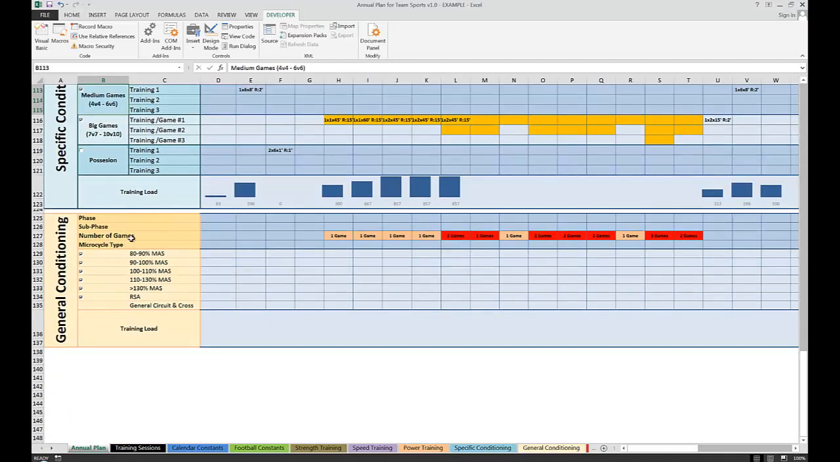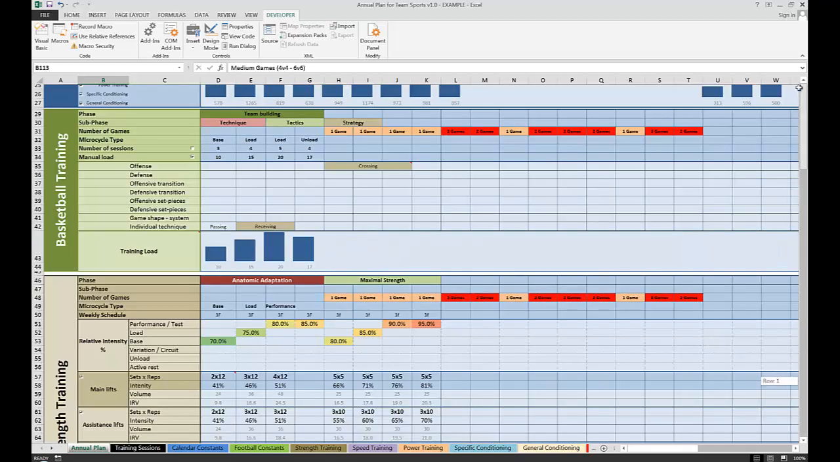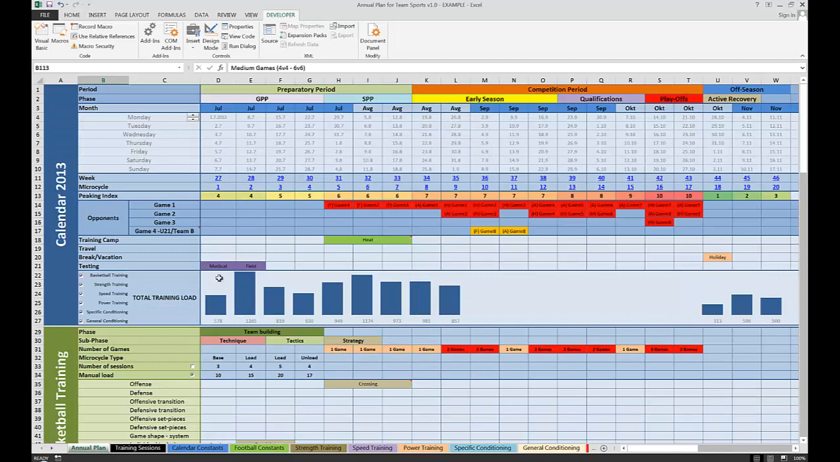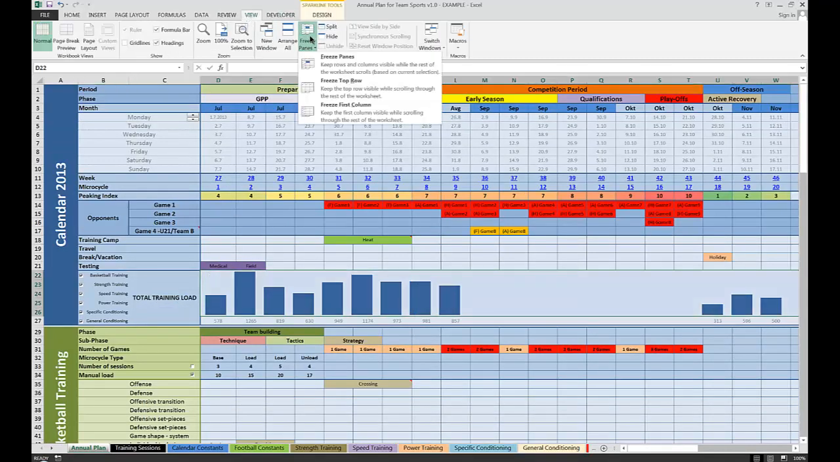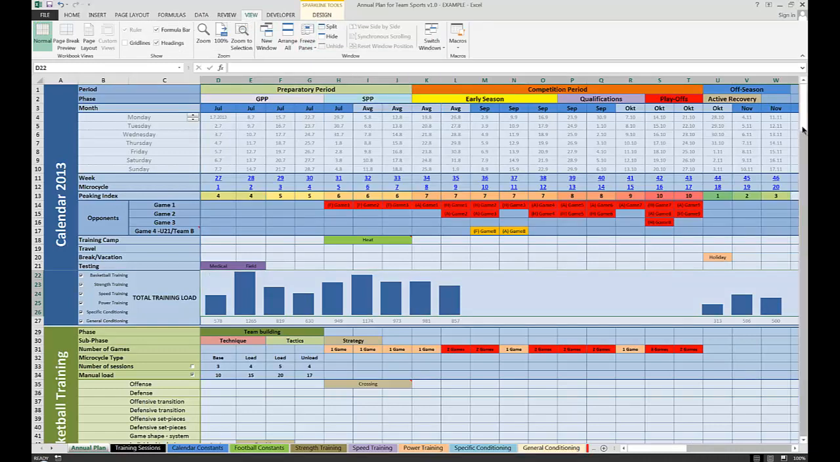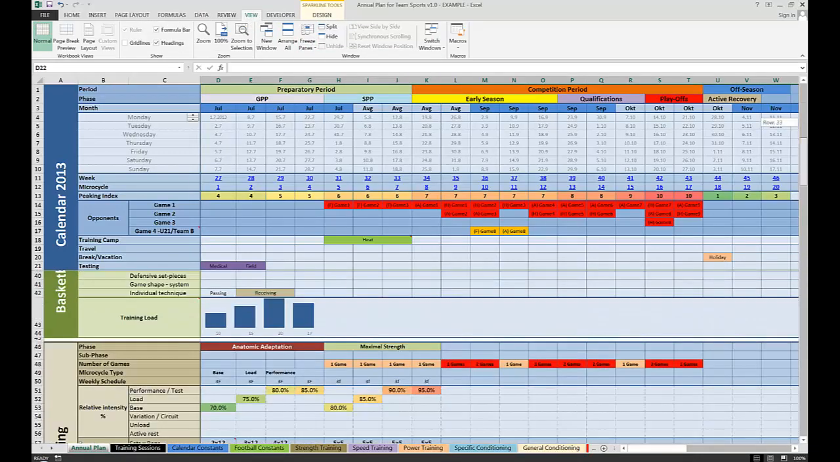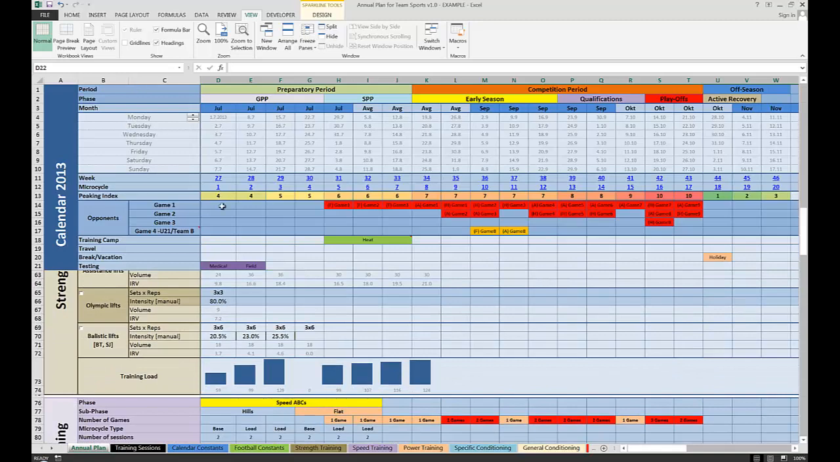General conditioning, again, we have a phase and subphase. I'm not going to bother setting up this. Number of games, again, is an indicator of the number of games being played. If you're going to freeze the panes, as I told you before, you can click over here, go to View, go to Freeze Panes and freeze. You can always see the top couple of rows,